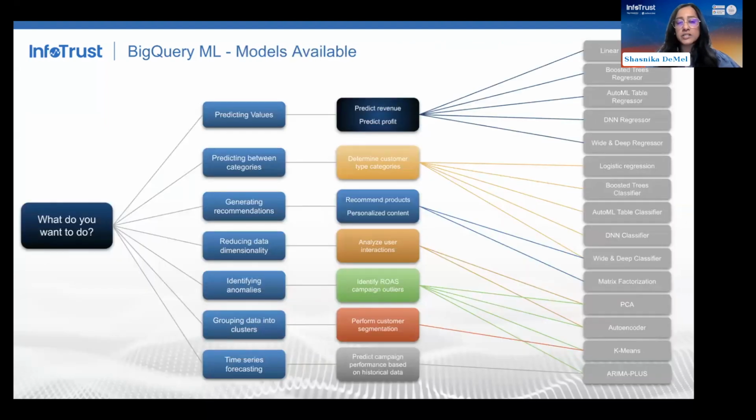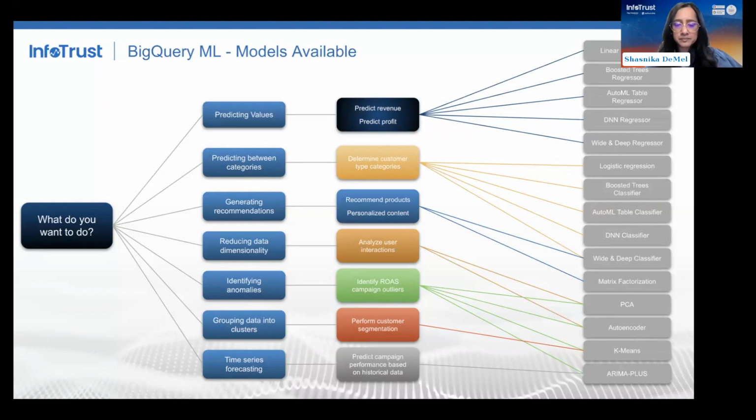And here are just a few of the common cases that BigQuery ML supports. So this is just a snapshot to show you all the different areas that it can support you with. And on the right-hand side, these are the existing models within BigQuery ML that help you with supporting some of the use cases.